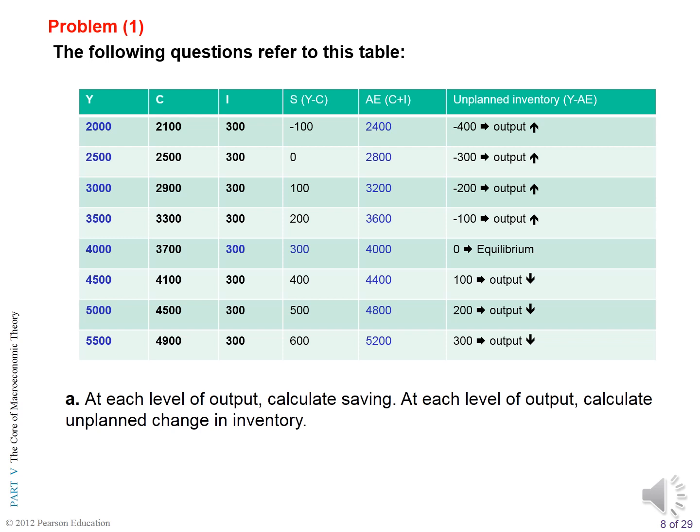Okay, to get the value of inventory we have to get aggregate expenditure. Aggregate expenditure C plus I. So 2100 plus 300 2400. 2500 plus 300 2800 and so on. يبقى بجيب الاجريجيت expenditure بجمع الconsumption plus investment. Okay. طيب to determine the change of inventory بقارن we compare Y aggregate output